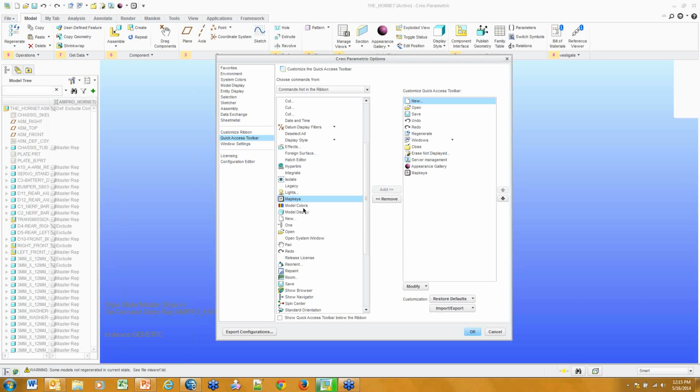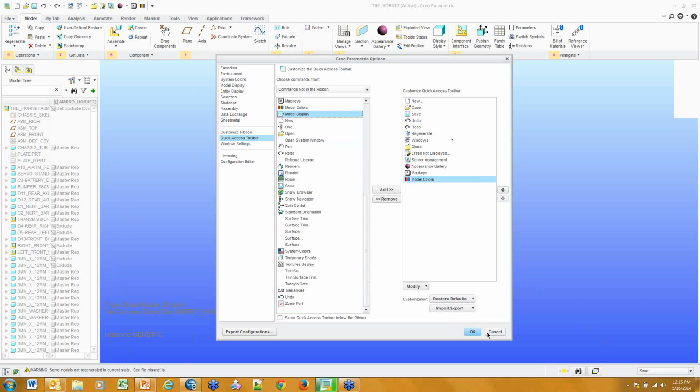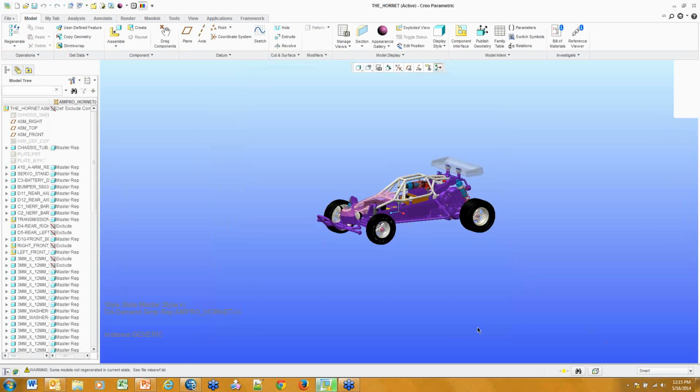One very common thing people like tends to be map keys. We can even add model colors. I'll click on the little add. It'll put it up here at the top, and we can simply point it downward to specify its location. Now, I can hit OK here, but